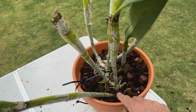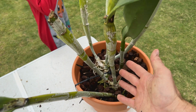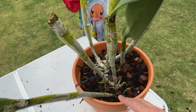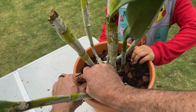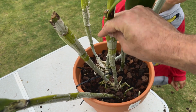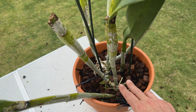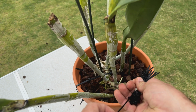What I'm going to do is I'm going to zip tie this down. I'm going to cinch it down, so let's say even if this pot falls over, it'll still be in the same spot, roughly. And that just helps to keep things in position. Then what I'm going to do is I'm going to add a stake to several of these, and then I'm going to zip tie them in. All right, and that's most of the way done. I'm going to add a name tag for this here in a sec, but I do want to say,